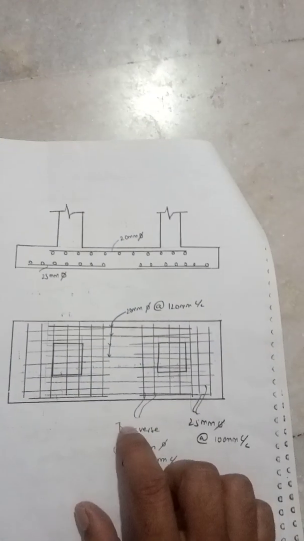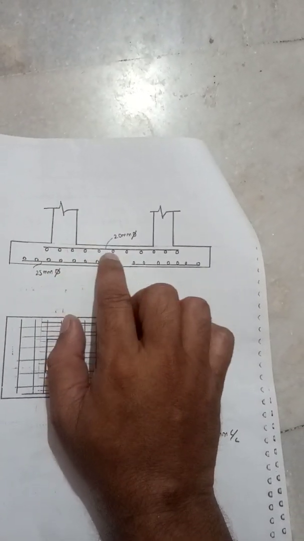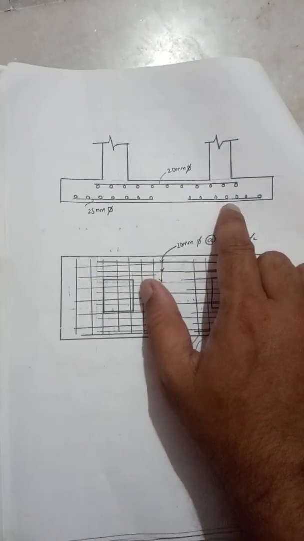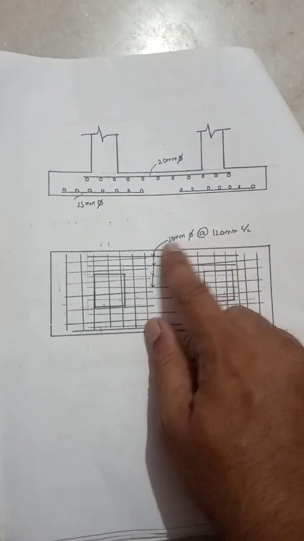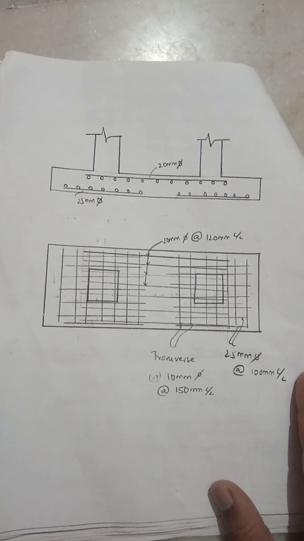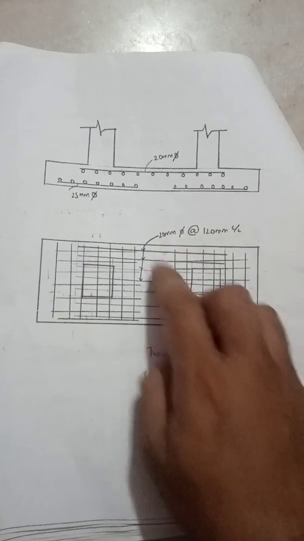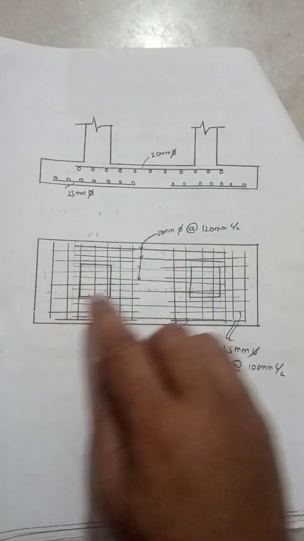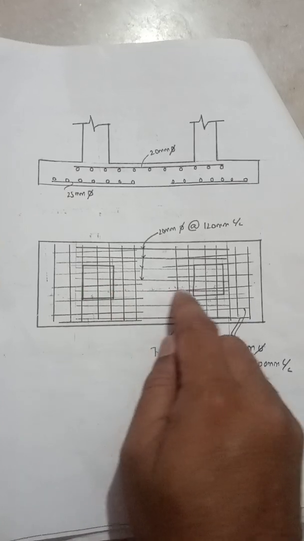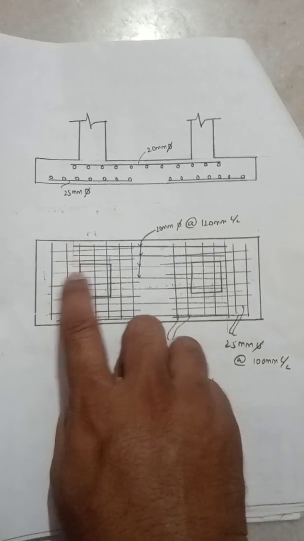Now you can see the detailing here. 20 mm dia bars will be placed like this. This is the central part, we got it as 20 mm dia bars. Cantilever part 25 mm dia bars. Same way I have provided 20 mm dia bars at the center, and here the transverse part 10 mm dia bars, 25 mm dia bars at 100 mm center to center. This is how you place the detailing also. Transverse bars will be placed like these straight, and the central part bars are placed straight from here to here, and the cantilever part bars are placed here, face of the column.